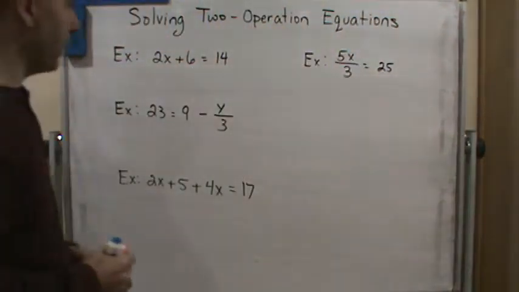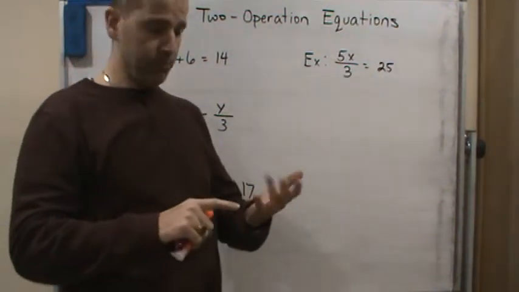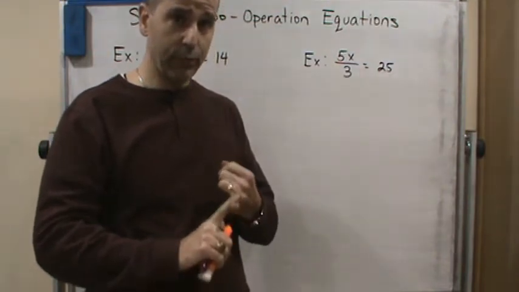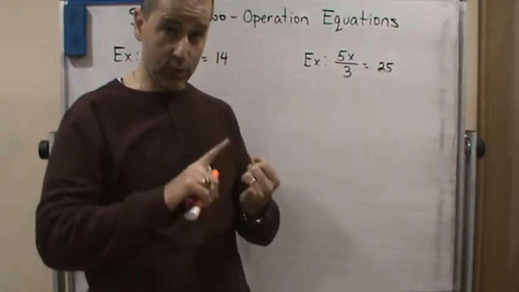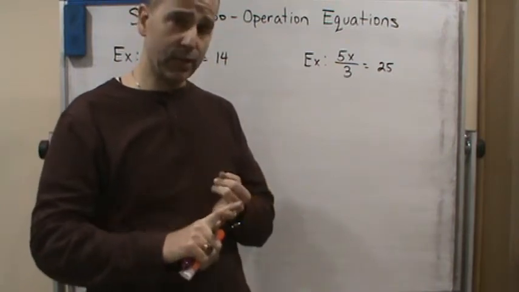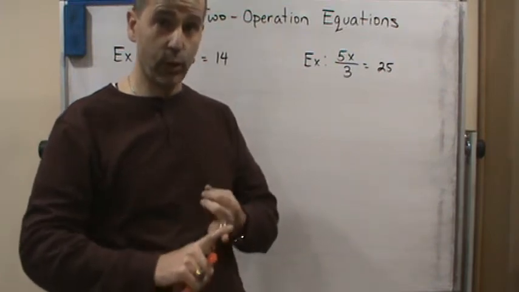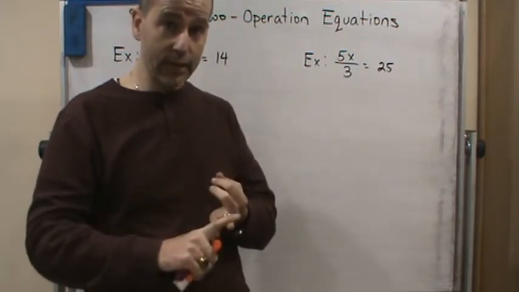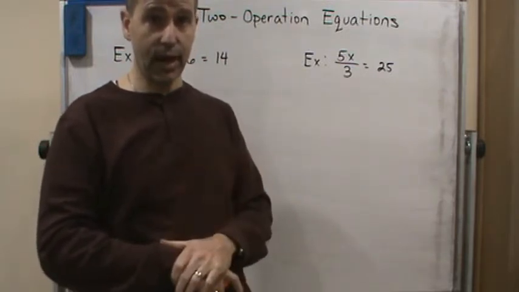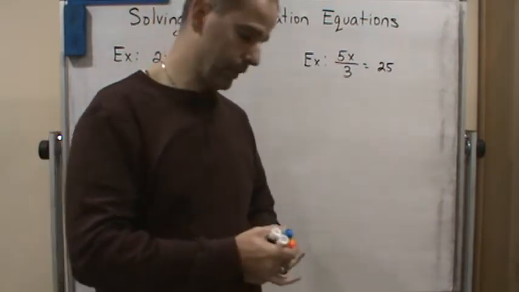As we go through these, keep in mind a couple things as I solve them. You want to combine like terms whenever you can. First combine like terms. Then you're going to want to start isolating the variable on one side of the equal sign and putting all the other constants on the other side, and then simplifying it till you have x equals a number. Okay,